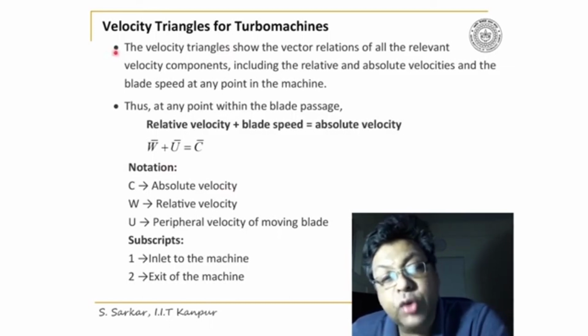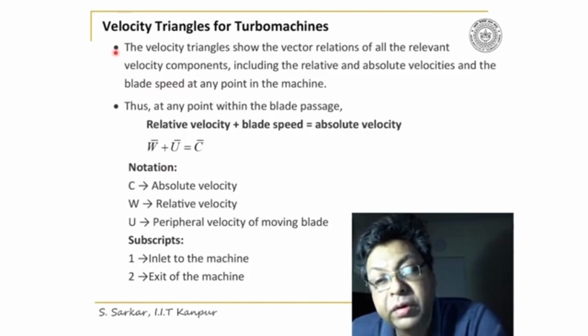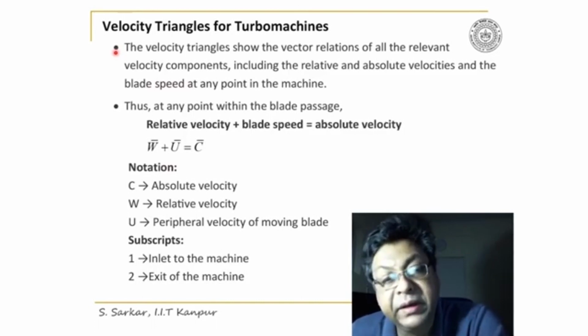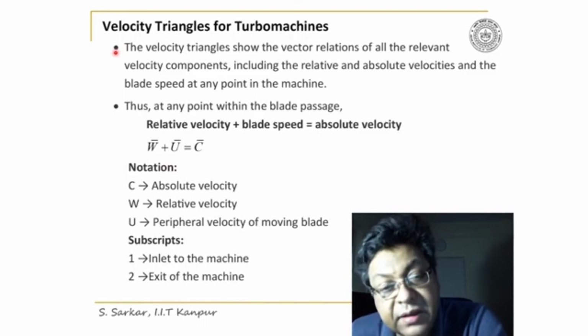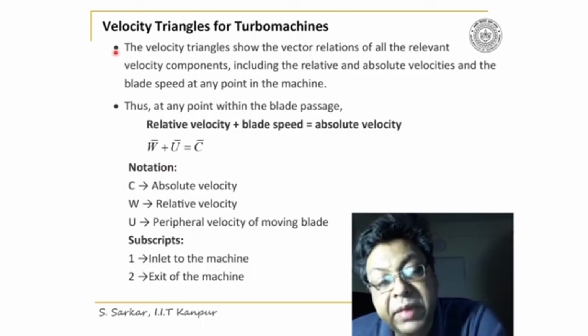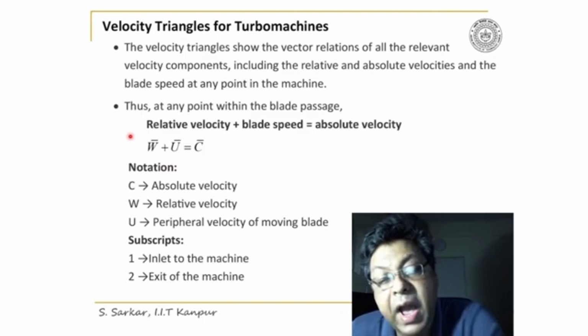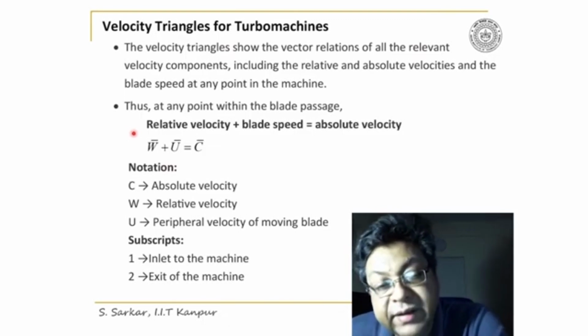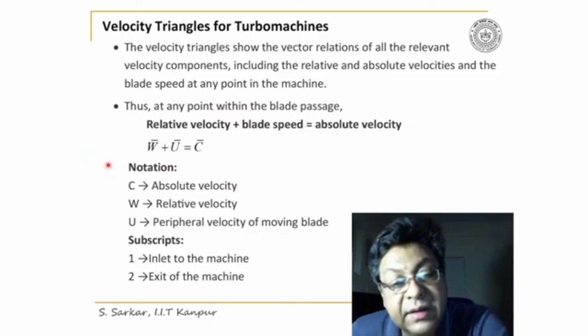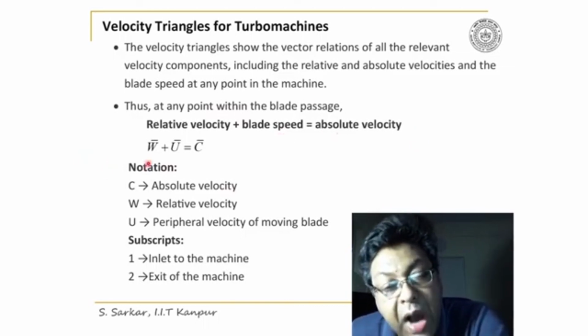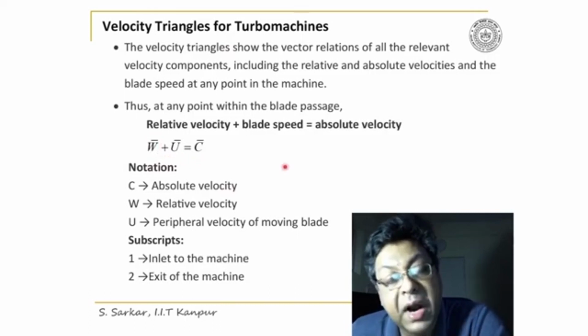The velocity triangle shows the vector relations of all relevant velocity components, including relative and absolute velocity, and the blade speed at any point within the machine. Thus, at any point within the blade passage, one can say relative velocity plus blade speed is equal to absolute velocity. Note that this is a vector addition. Thus, W bar plus U bar is equal to C bar,